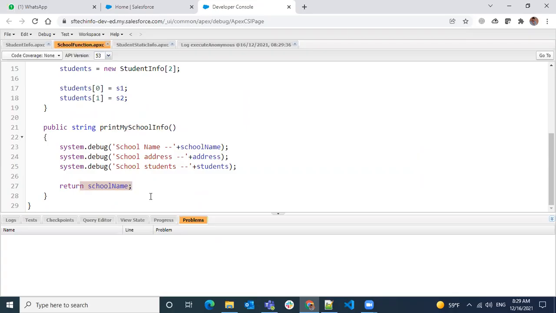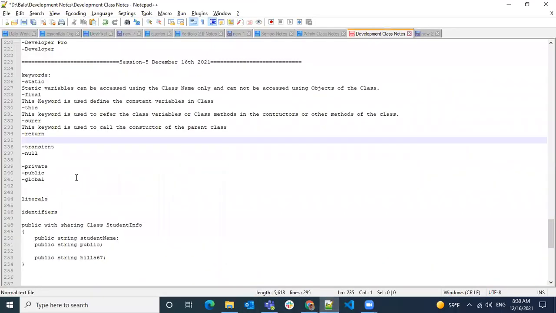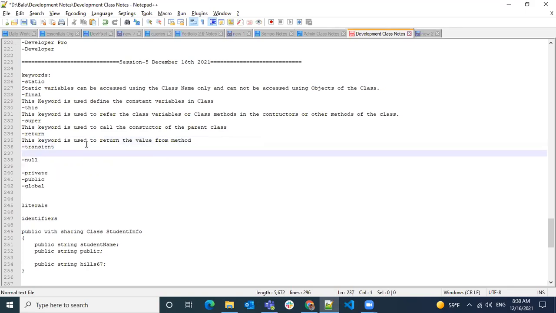The same value is being returned from this method. So the return keyword is used to return the value from any method.